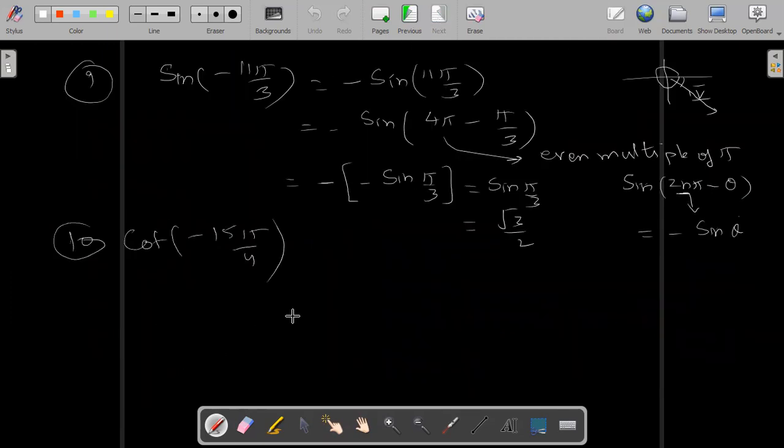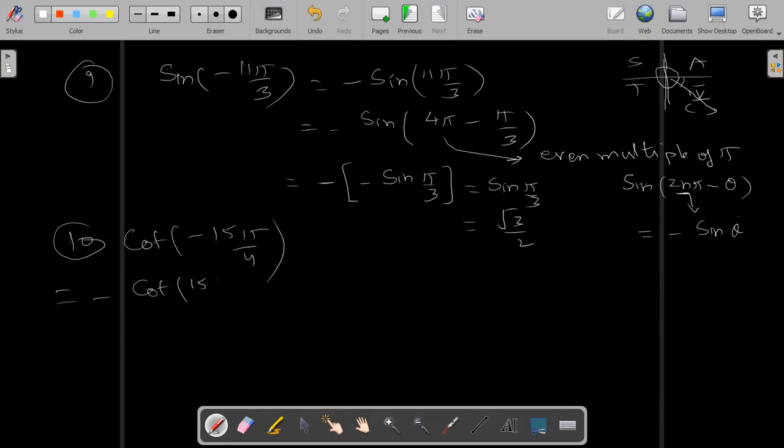So 4 4s are 16. 4 3s are 12, but 3 you cannot take, as I told you. But before that, the negative sign has to be removed. Negative means it lies in the fourth quadrant. And you know that in the first quadrant all are positive, then sin, tan and cos, sec, so cot is negative. So the negative sign will come out. So you can write minus cot